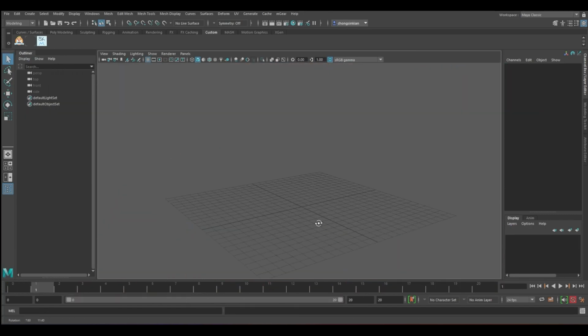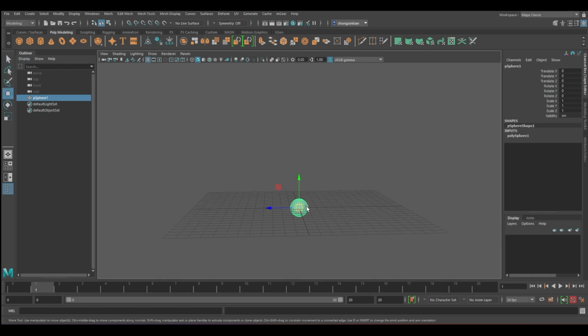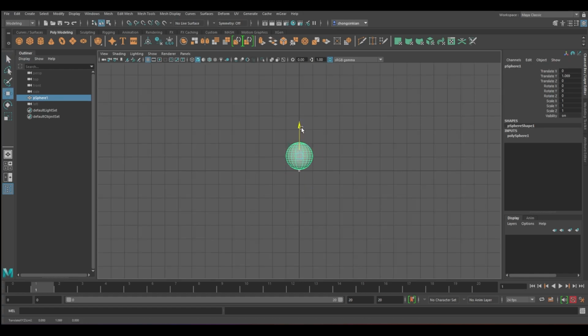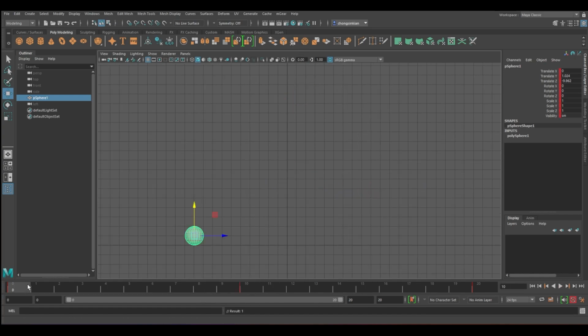Okay, let's start by giving you an example of a normal motion trail. How does it work? If I'm going to use a bouncing ball as an example, I'm going to create a sphere and put it at ground level. If I key from 0 to 20, normally it will go from here to here. And by default, if I go to number 10 and push it up, it will go from here and bounce down. Okay, I have to push it down. Keyframe everything, so it will go up and then down.